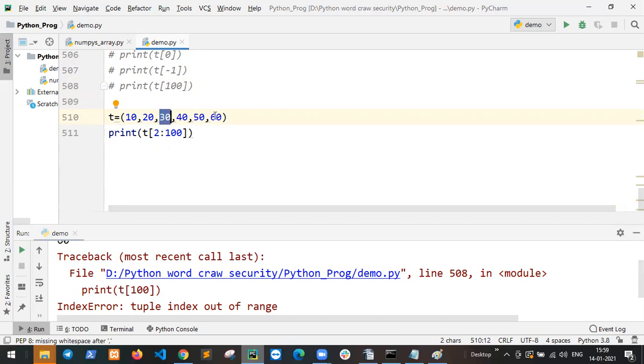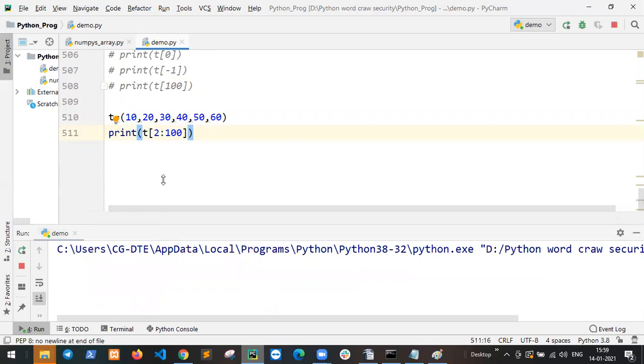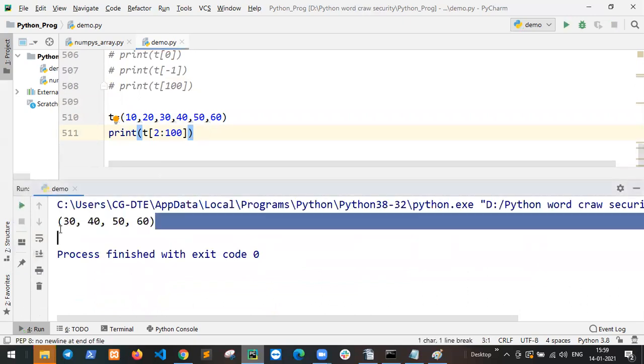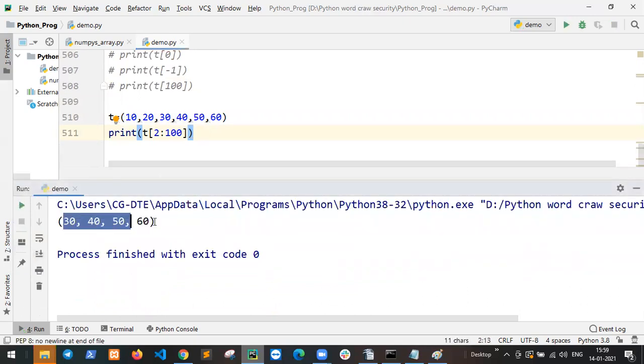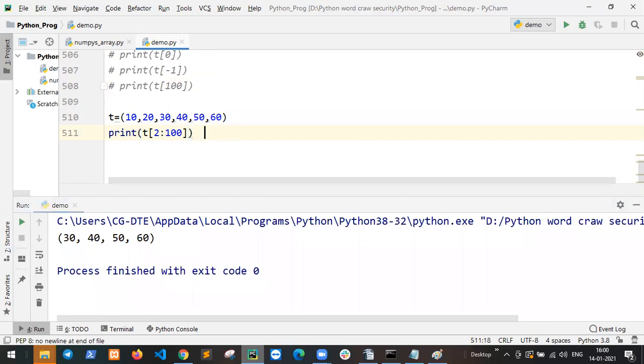Yeah, wrong. So is it 30? It's working. Okay, check. Yeah, I am right, because 30, 40, 50, 60. I will explain this.